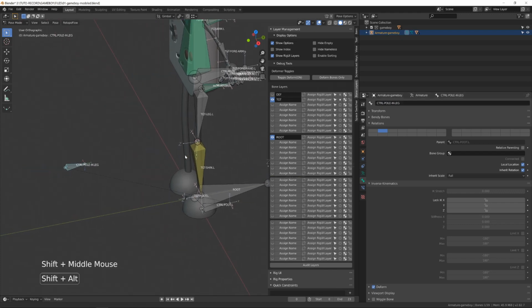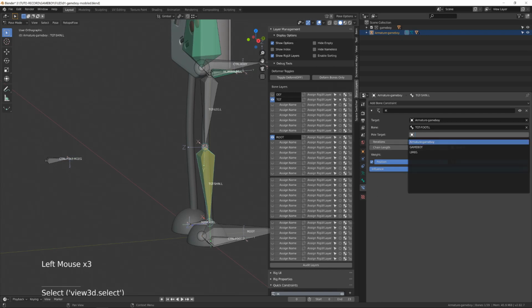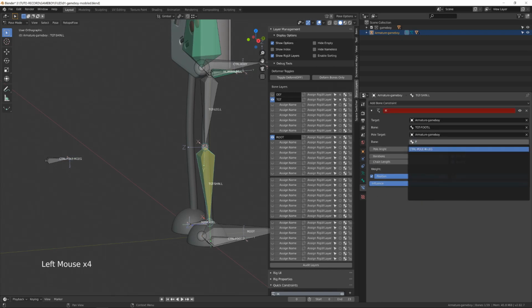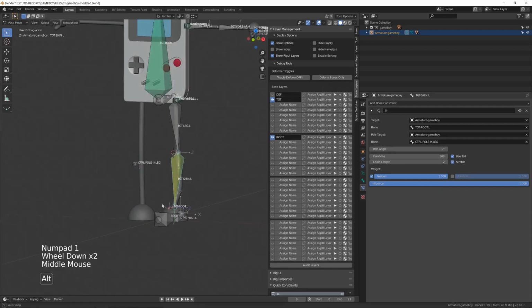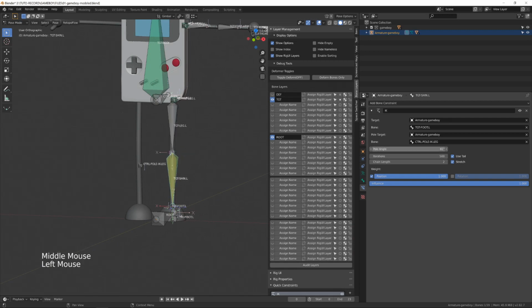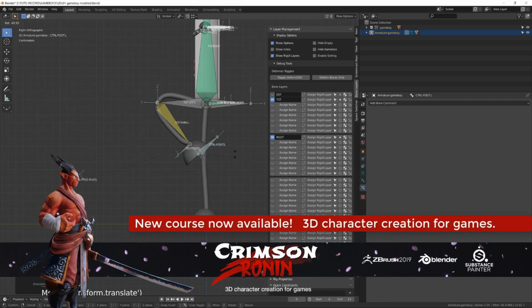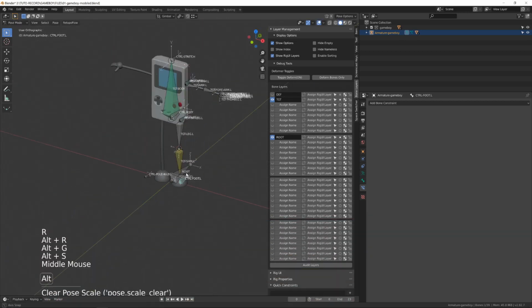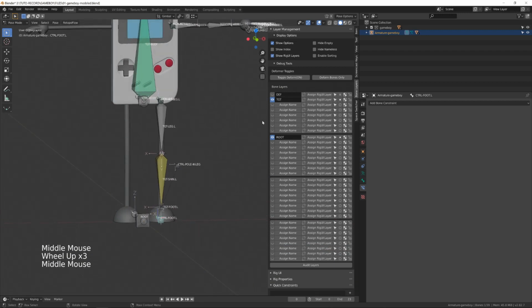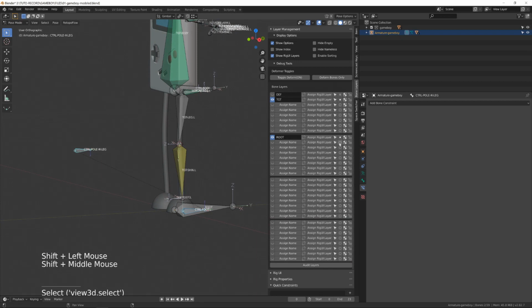To set it as a pole target, we will select our shin bone, check out the inverse kinematic constraint, and in the pole target, select the current armature and find our pole bone. You can see that now the shin is pointing outward and we need to fix it using the pole angle here. Set it to 90 degrees and it should fix the problem. Now our knee is bending properly and it's pointing toward the pole target. Whenever we are rotating the foot, since the pole target is parented to the foot, it will also rotate the knee on the global Z-axis.